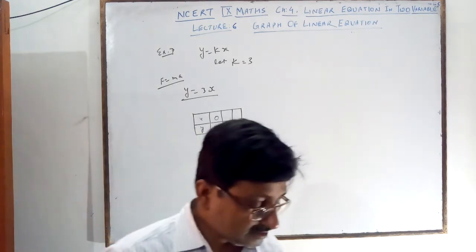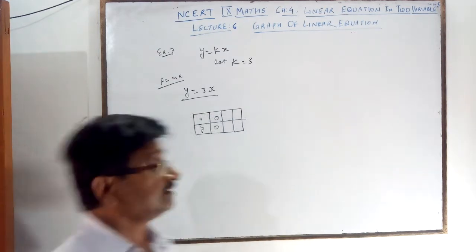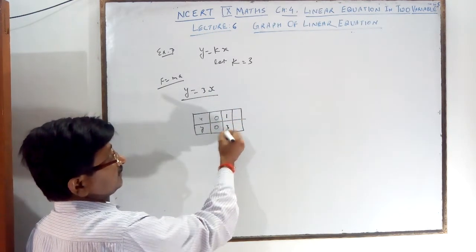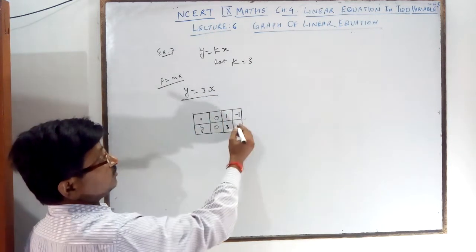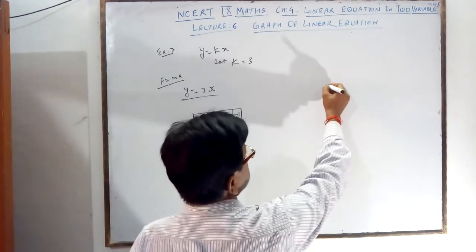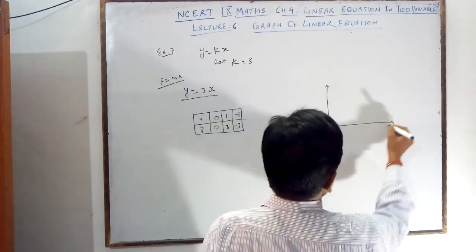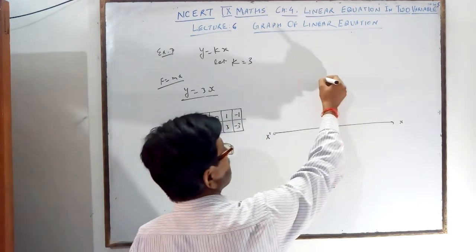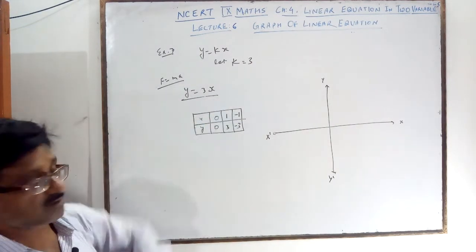Force is directly proportional to the acceleration, so then there is 0 acceleration. Here y is equal to 3x. Suppose x is 1, then what will you get? 3. And if x is minus 1, then what will you get? 3 into minus 1, minus 3. So you can plot the graph for this. Force and acceleration: acceleration you are taking as x, and force you are taking as y. Force is equal to mass into acceleration.